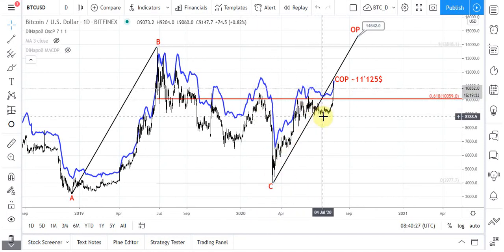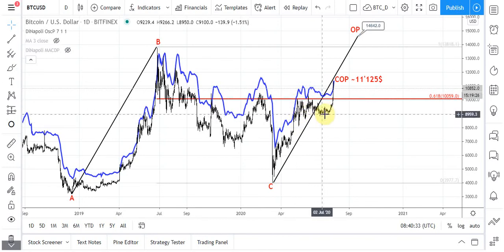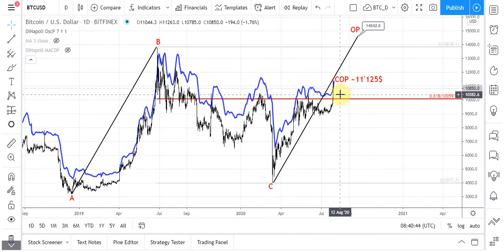Here, as you can see, the pullback has happened. It's not really very small, but it's not really very big, I mean. But still, this is valuable on the daily chart. That's why maybe in this case the market will just limit its downside action to a minor pullback. So anyway, the first level to watch for is, I suppose, 1050, because on the 4-hour time frame chart,